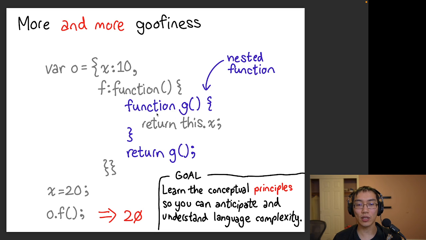But in fact, if you try doing this and then go ahead and call the function in the situation, not only will it not work, but you will also break the normal method invocations of f, and you will always be going into the x equals 20 situation. And why this happens is a very long and sordid story going into how JavaScript goes about implementing this. And in fact, this is so bad